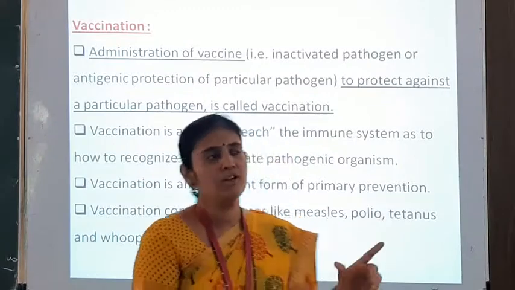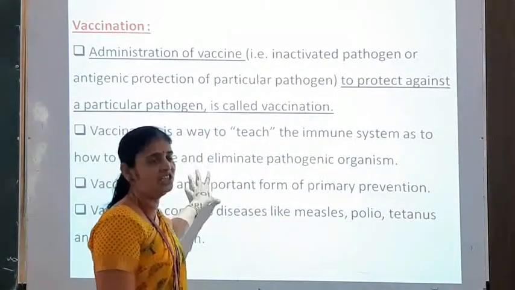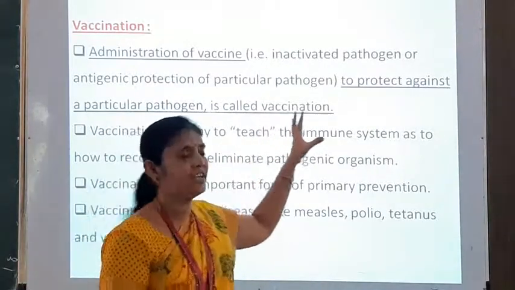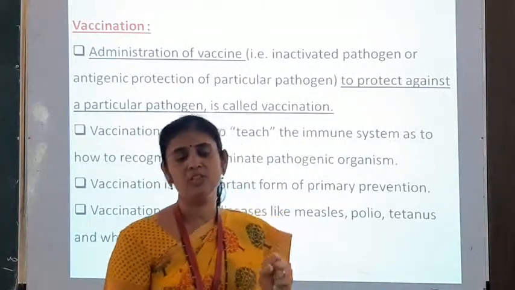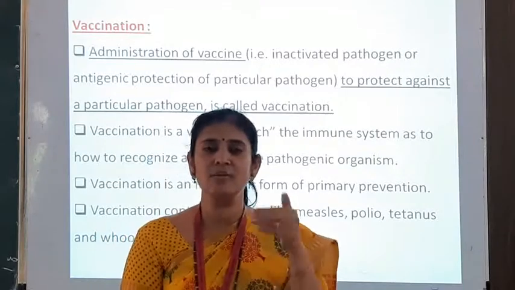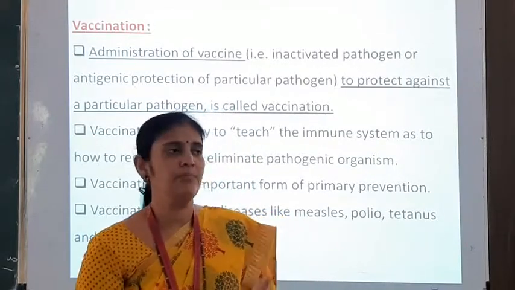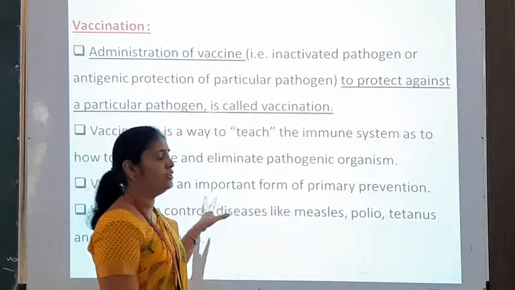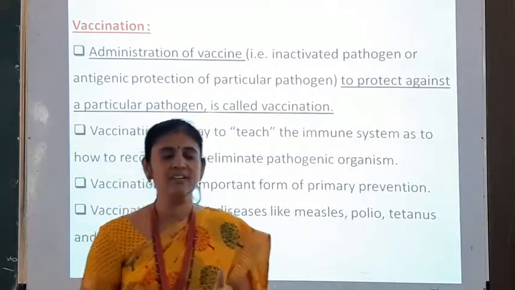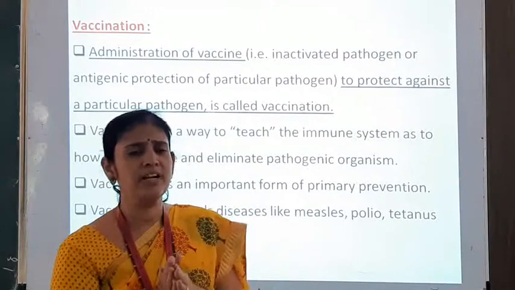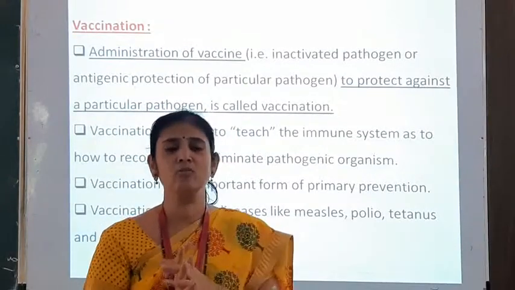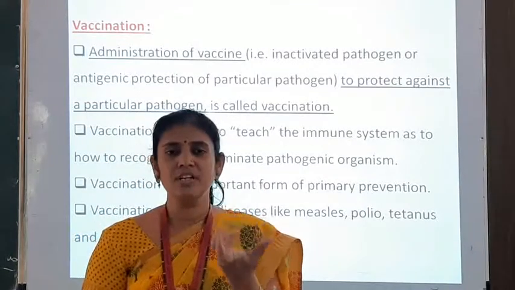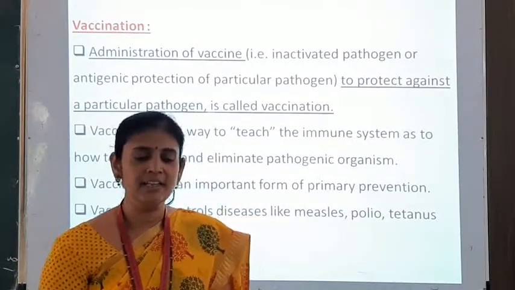And the last point we have studied here is vaccination. Vaccination means administration of a vaccine to protect against some infectious pathogen, and this vaccination is very helpful to control the different types of diseases in our body. So in today's lecture we have completed the first part of our health. In the next lecture we will study the structure of antibody and the different aspects of this antibody. Till then, thank you.